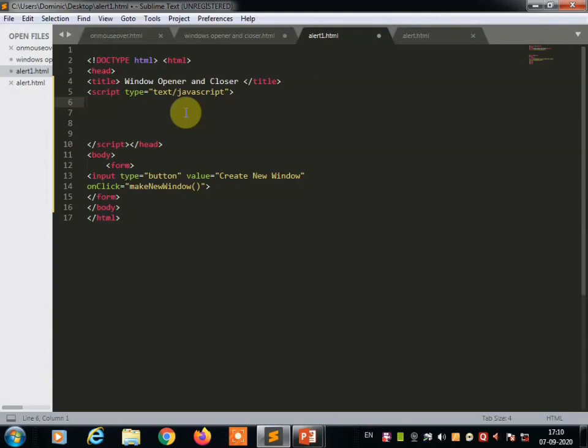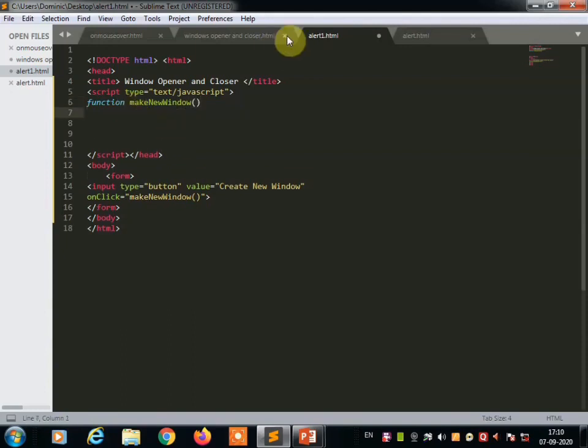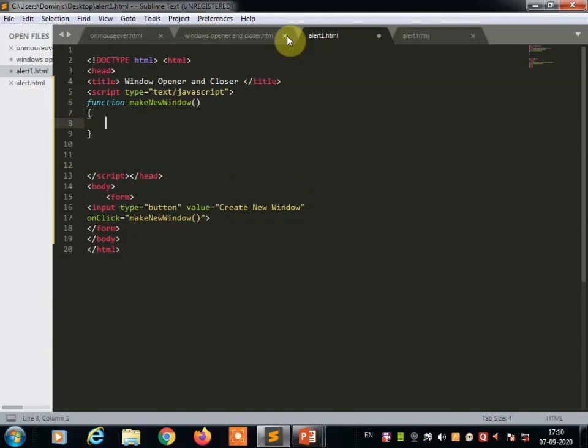After JavaScript you are going to use one function. You can take any function name. I am taking makeNewWindow because I'm going to open a new window. Then use the open and close curly brackets and declare the variable.